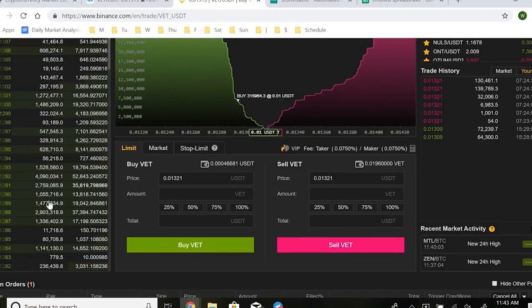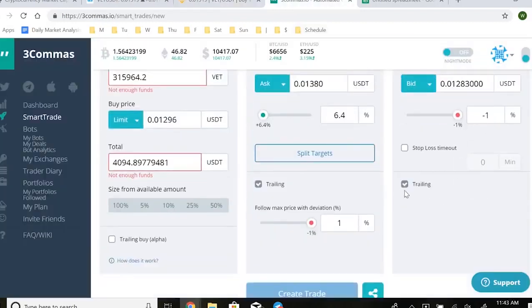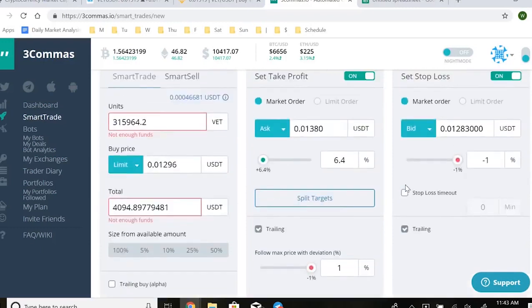1283 would actually be down here under all these buy orders, which is great. So I have that set, and then I'm actually going to select trailing stop loss. This is something you cannot do with Binance, but is really needed, honestly. So 3Commas does a great thing, allows you to do a trailing stop loss, which is basically going to be